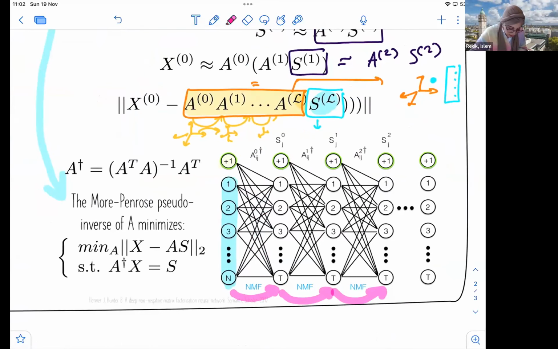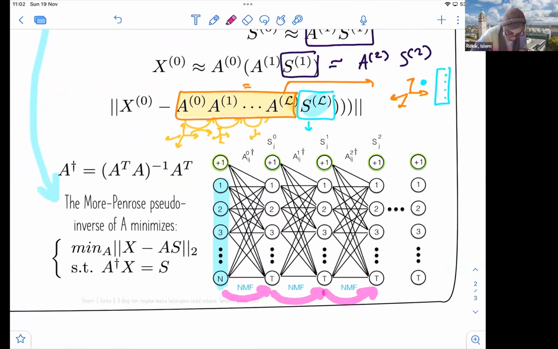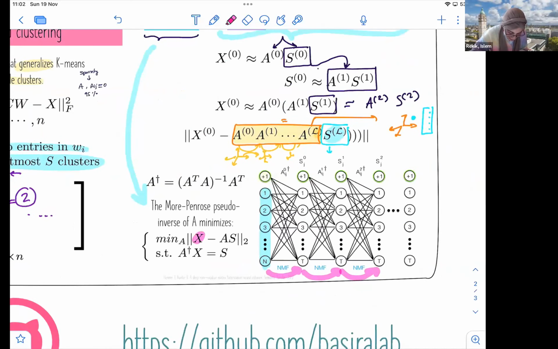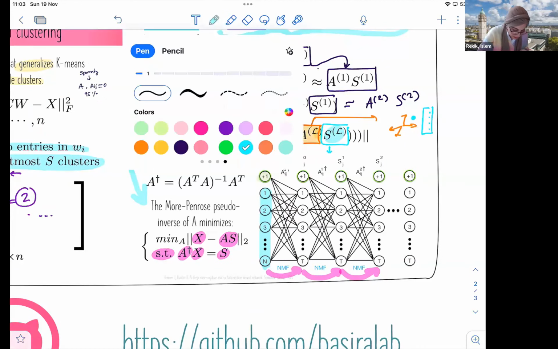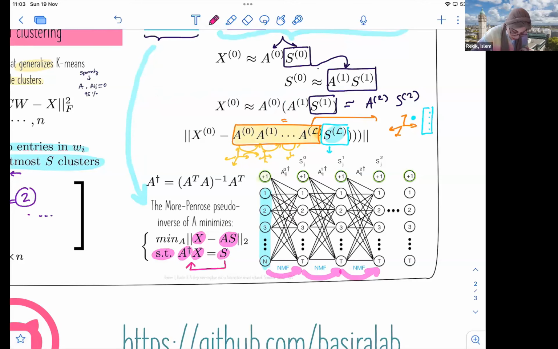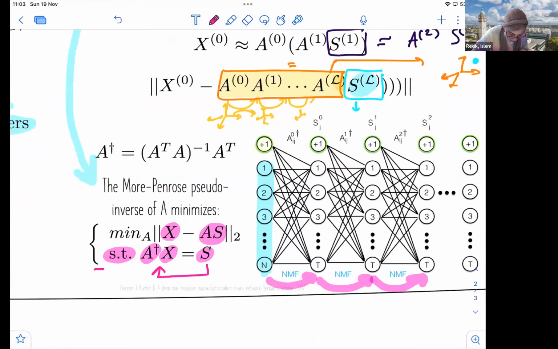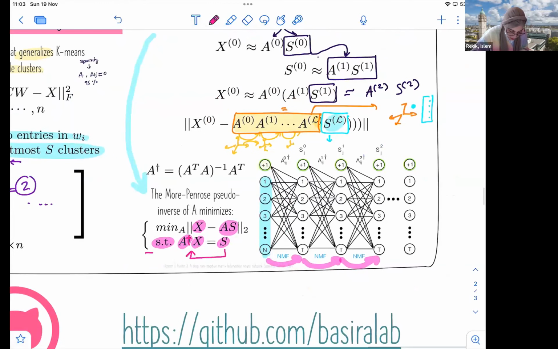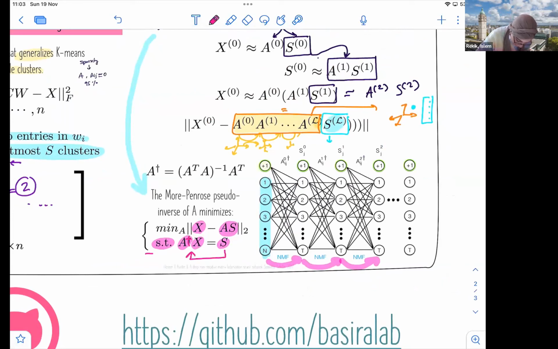In this case, you can see that the goal is to minimize this simple L2 norm, which is a matrix factorization with the following constraint. We want A cross X to be equal to S. So we are decomposing each S using a pseudo-inverse, actually. A cross is a pseudo-inverse of X. The idea is very simple: X is equal to AS. And then if you want to decompose S, which we have done right here,